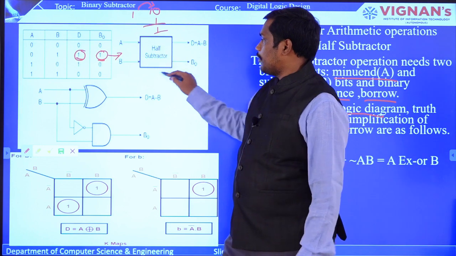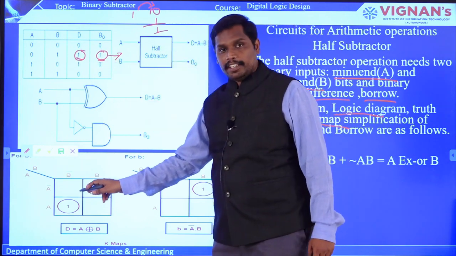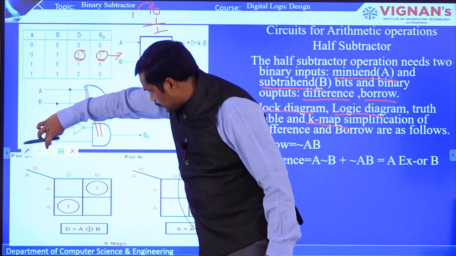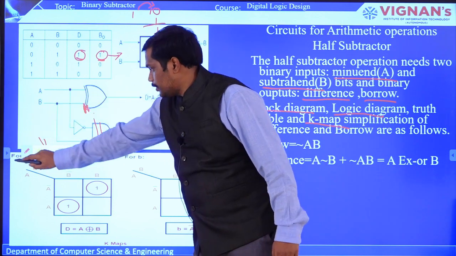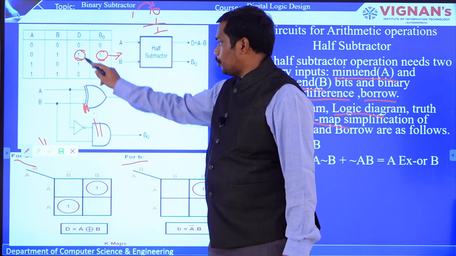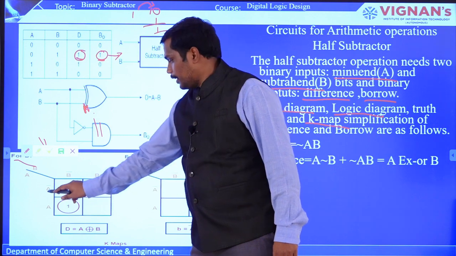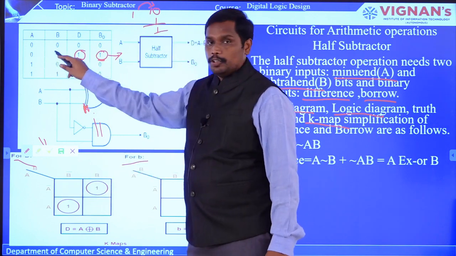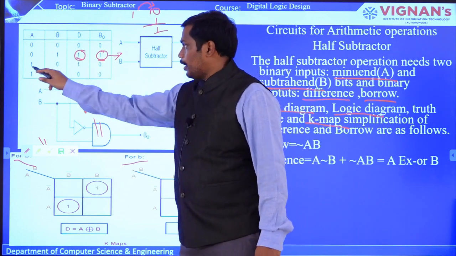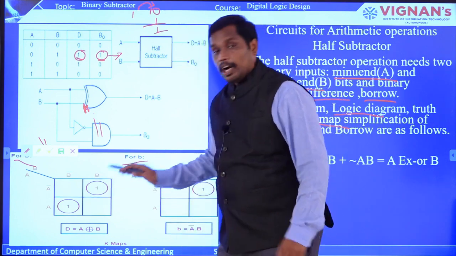Okay. So now this is a half subtractor, and for this you are going to construct a Karnaugh map for the difference and borrow, right? This is for difference and this is for borrow, and here you can see how many differences there are. Two ones are there. So for that particular D, you have two ones, in the corresponding A bar B, which is A is 0, B is 1, so I have placed 1 here, and in the same way A B bar, I have placed 1. You can see that these two are isolated ones.